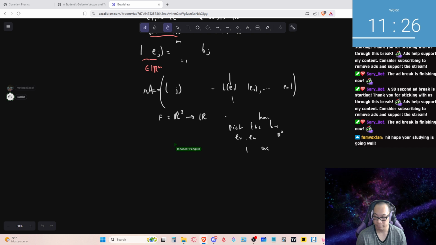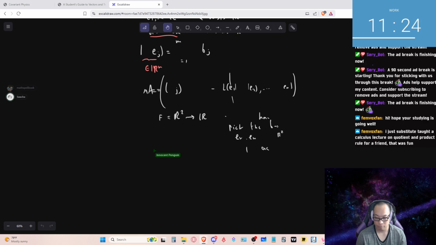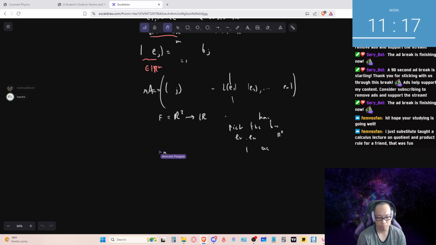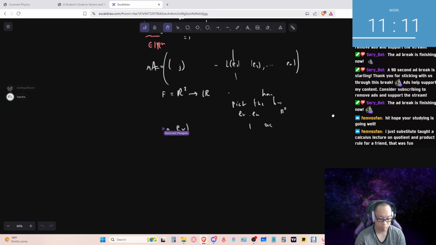So what we computed before is that the differential of p evaluated at e of x or e of y, doesn't matter, is just the partial derivative. So we can write it as